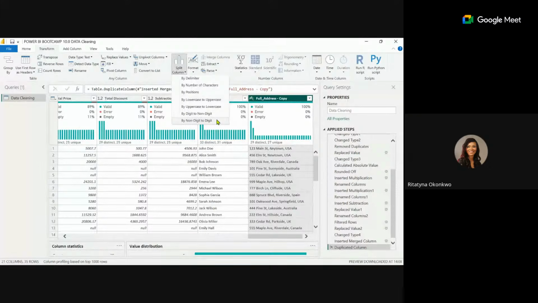Then when we say by number of characters, it is saying, okay, maybe count 5 numbers or count 5 letters before you actually split the column. Same thing when you say by position. Maybe you want to say anywhere you see S, split it, or anywhere you see Y, split it. By lowercase to uppercase, you are saying when there's a lowercase, split it. Wherever you see the lowercase, split from there. Same thing by digits to non-digit, right? You want to say wherever there's a number,